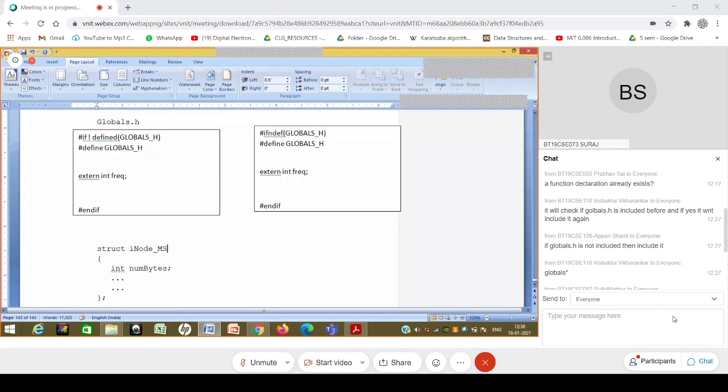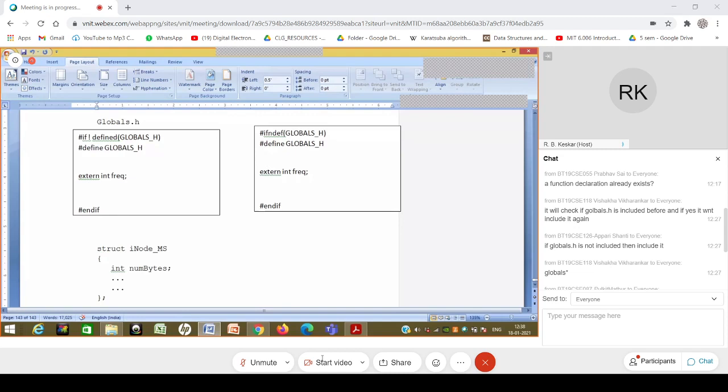They put inode underscore, let's say MS. They don't do that, but their names would be different, so I'm just using this underscore MS to give a different name. And let's say that the Linux guys, let's say Ubuntu guys, have agreed that they will use the name inode, and what they have done is struct inode underscore, let's say Linux. Then some other data contents will be there, not exactly the same as Microsoft. Some of those things will be very much specific to Windows and Linux, so the things will be very much different.